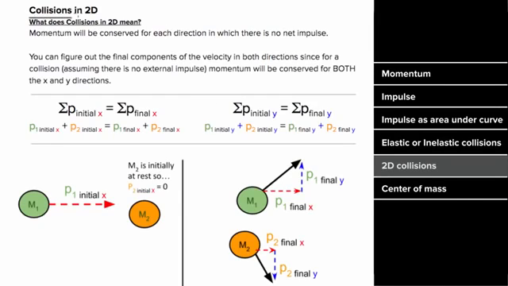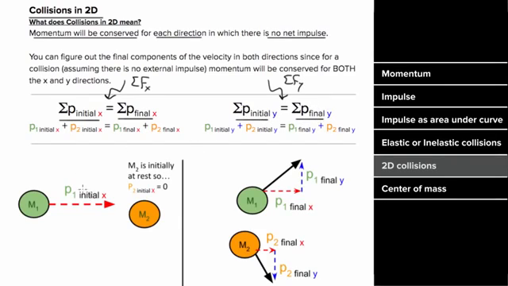How do you deal with collisions in two dimensions? Well, the momentum will be conserved for each direction in which there's no net impulse. If there's no net impulse in both directions, then the momentum in both directions will be conserved independently. In other words, if there's no net force in the x direction, the total x momentum has to be constant. And if there's no net force in the y direction, the total momentum in the y direction has to be